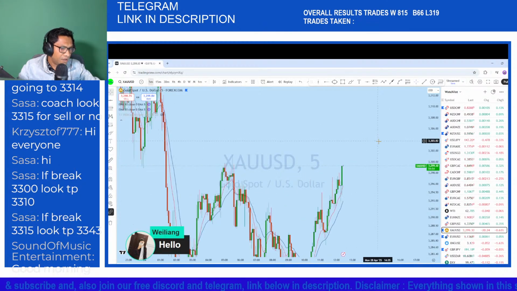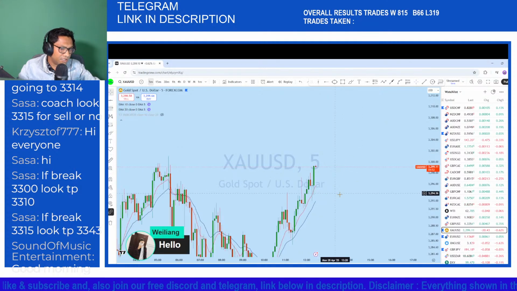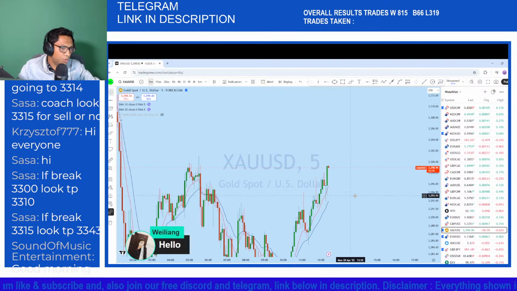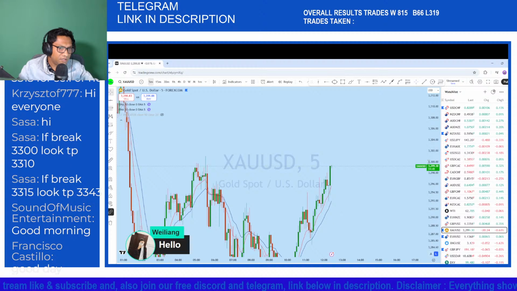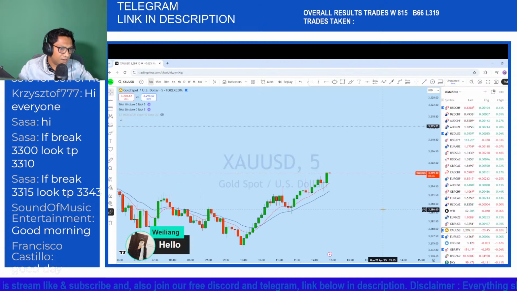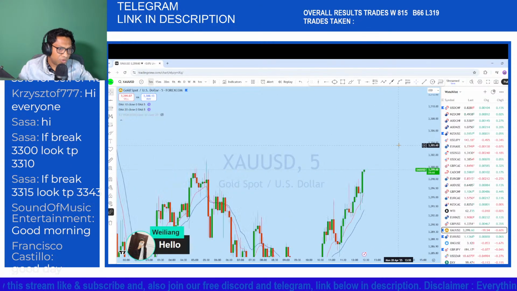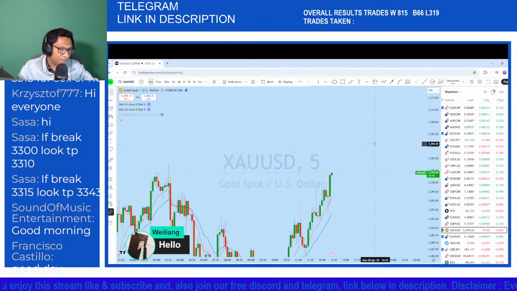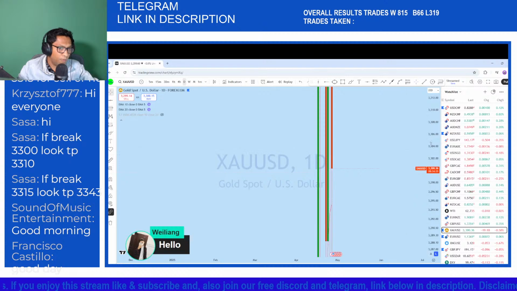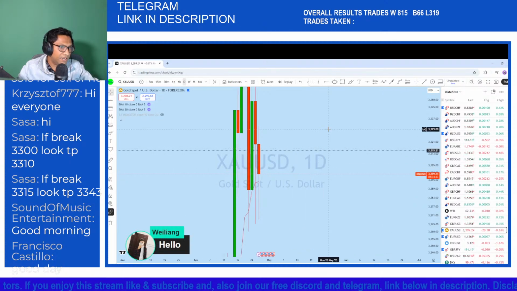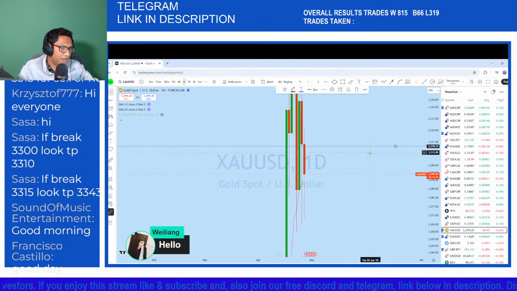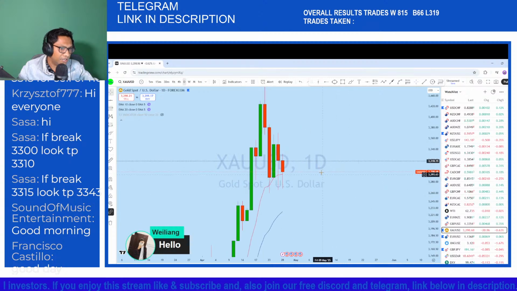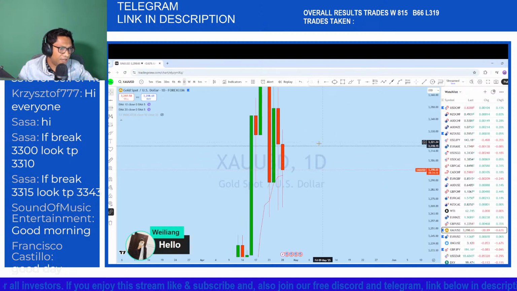This is a bullish trend at the moment, and in that bullish trend, if we look at where the market is heading, possibly we could see the price go back to the daily. I think the price may ultimately come back here to the daily resistance line, and from here we may see